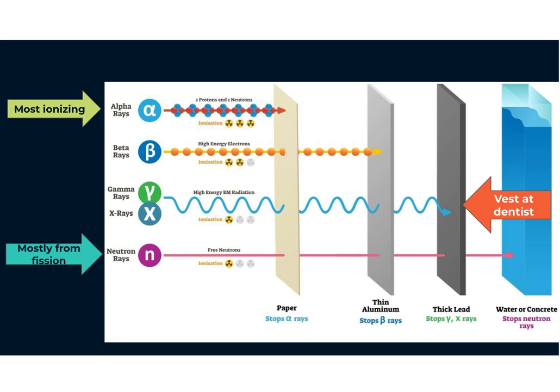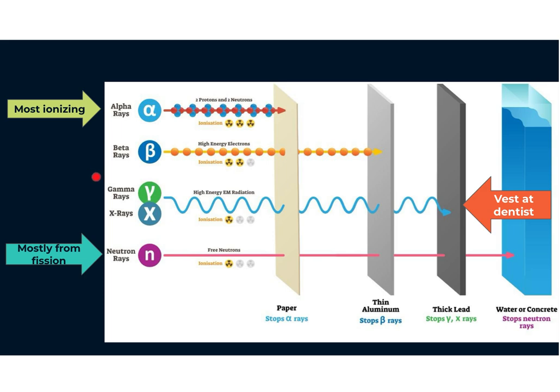Okay. The next type we're going to learn about is beta. And with beta, a beta particle is basically a high speed or high energy electron. They move about 100 times faster than the big, slow alpha particles. So these guys are moving very, very quickly. They can travel through a piece of paper. They're strong enough to make it through the paper, okay? But they would be stopped by a thin piece of aluminum foil, or your human skin can stop the beta rays, okay? And then gamma rays, similar to X-rays, okay?